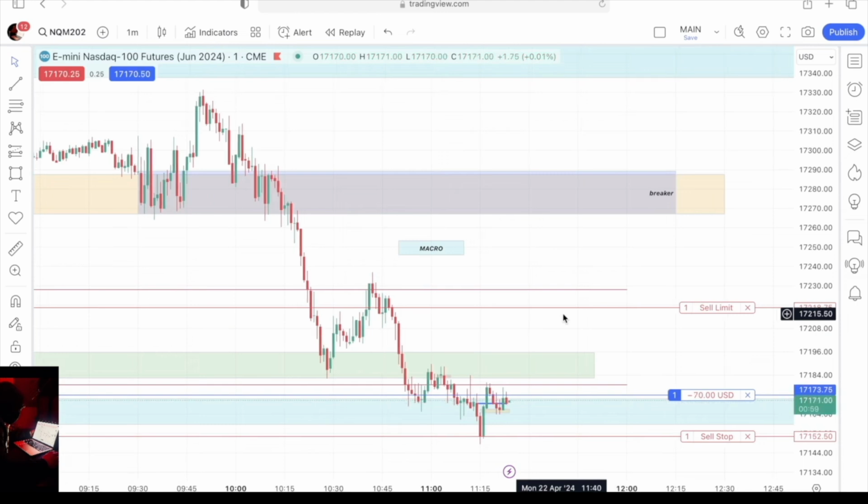Long-term risk management patches up the losses. Okay? If anyone you're watching is teaching you to be fearful of that stop loss being taken, or to shy away from losing, they're not teaching you right. Losses are a part of the game, and you need to know how to utilize your risk and manage it so that your wins patch up any losses that you take, and the wins overlap and result in profitability. So I'm only trailing the stop up below this swing low here if we get above